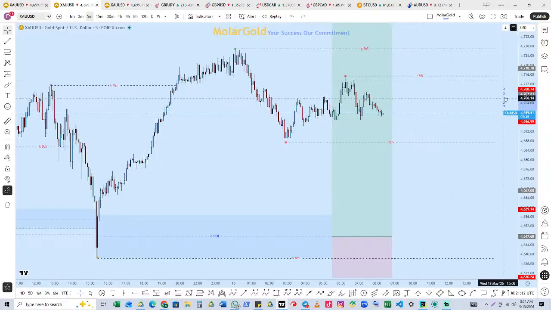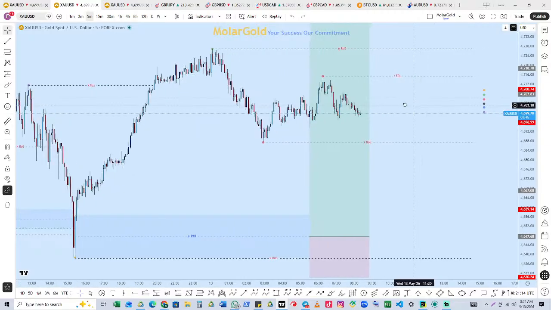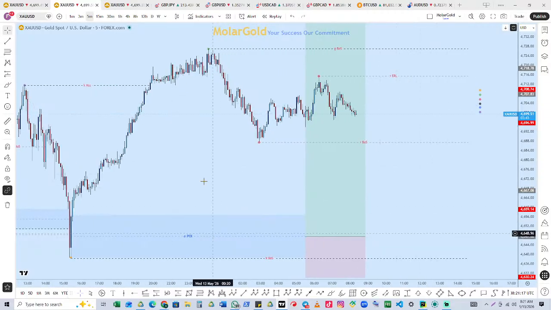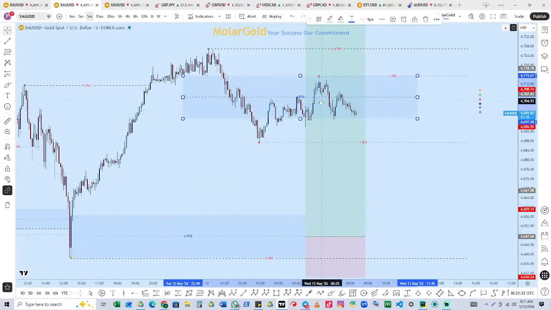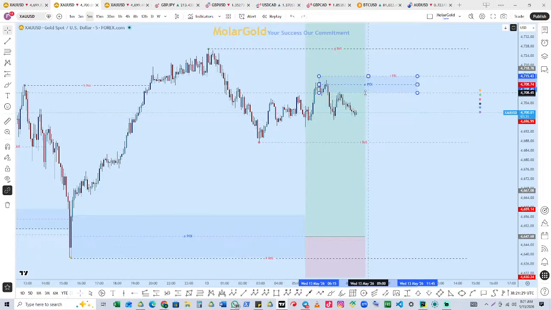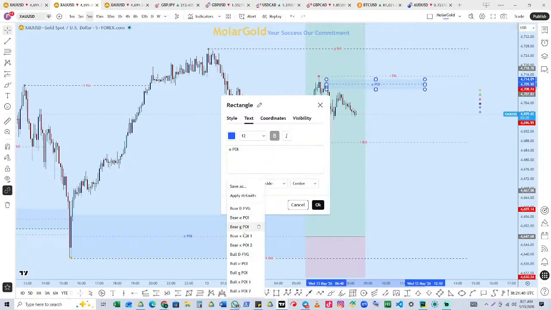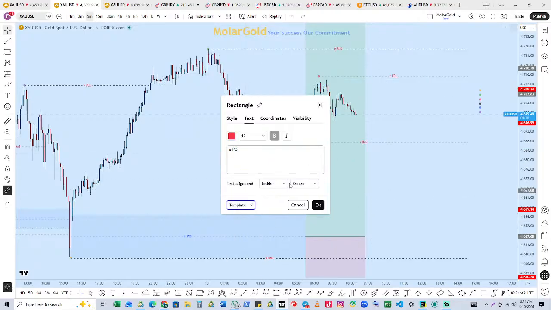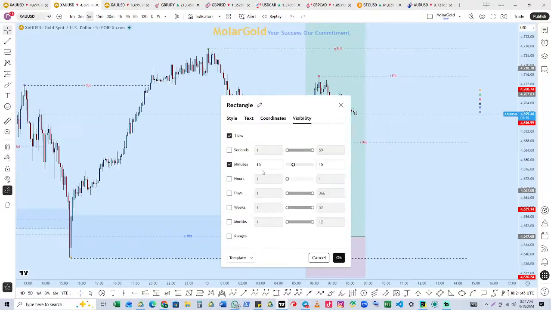Let me move my dots to the side so that it doesn't conflict. Okay. Good. So what does it mean? It means that we can have some sells right from this area. And the candle has already been mitigated, so we move further. All right. So now, bearish EPOI right there. Visibility is on the 5 minutes.